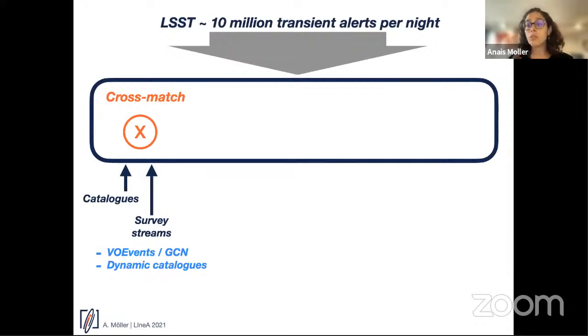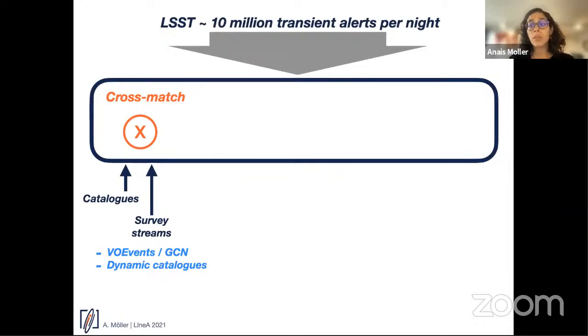But you can also do cross match with things that are a little bit more dynamic, like VOEvents or GCN notices. For example, when you find a gravitational wave in LIGO Virgo, you produce an alert saying, look, there is something interesting in this region of the sky, and we can actually cross match with that. And we can also do it with dynamic catalogs.